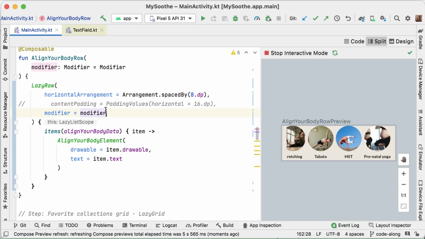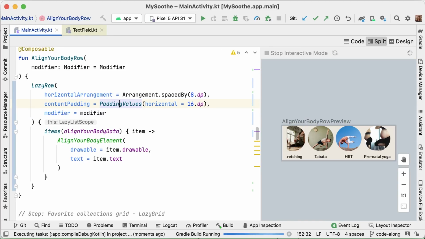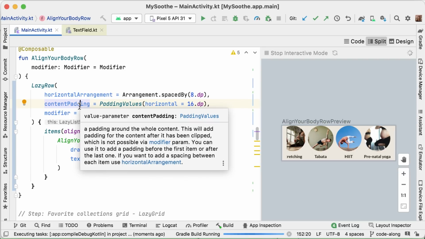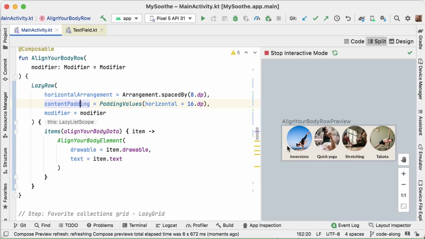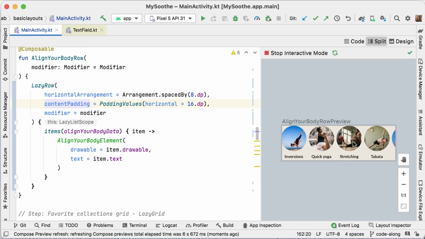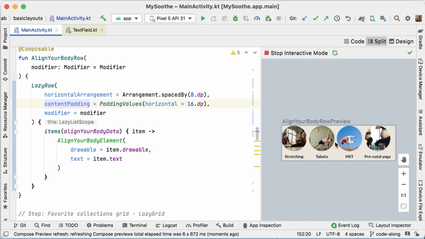So let's get rid of that padding and instead use this contentPadding parameter that you mentioned so nicely. And with that contentPadding, we will see that the padding is really added inside the container and not on top of the container, so to say. So with this, once our preview renders, we can see that now there's a nice 16dp at the start. Nothing is being cut off, but all the way at the end of our row, we also see the 16dp.